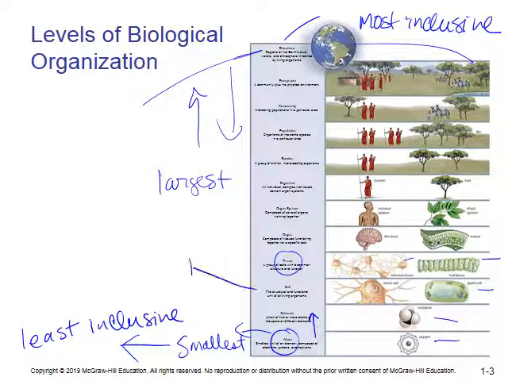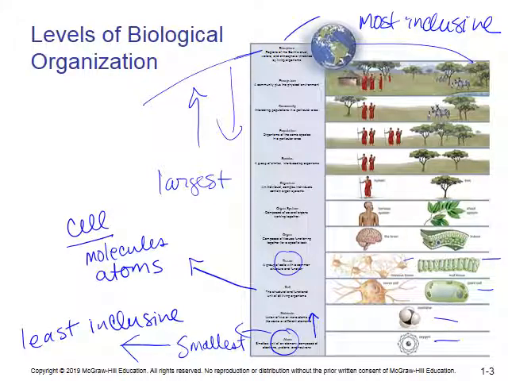So right here, a cell. What do you need in order for something to be called a cell? Well, it has to have molecules and it has to be composed of atoms. There's a few more criteria that we'll talk about as we move through biology, but just go up to the next one,